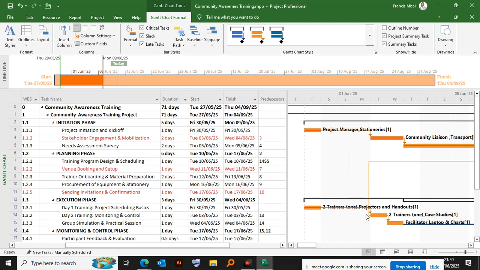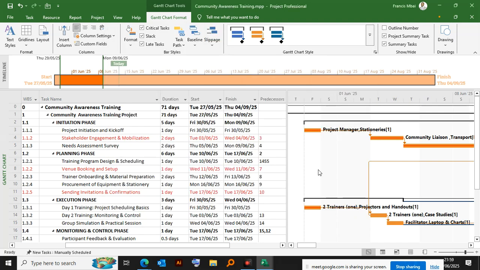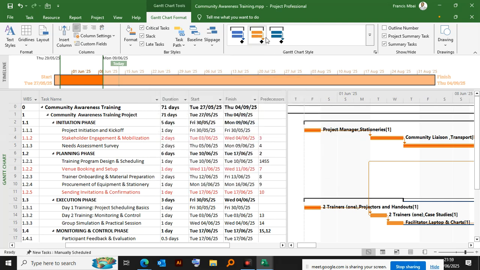The colors change for critical tasks, for stakeholder engagement and mobilization, for needs assessment. There's something that is changing there, where the bar colors change. It's actually supposed to change to show you where the critical task is clearly. Yours, you are able to see it clearly. I'm able to see,